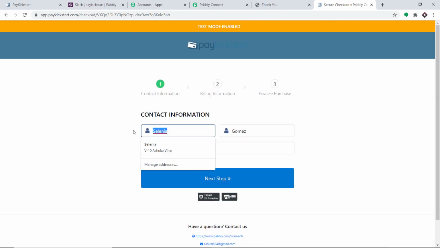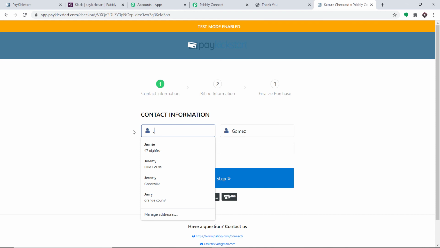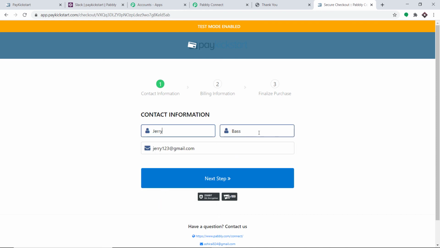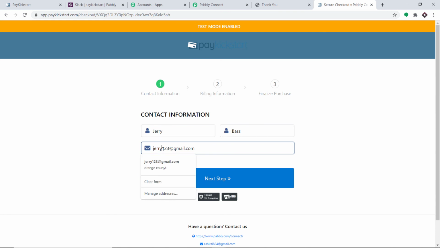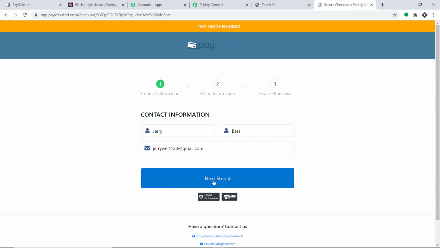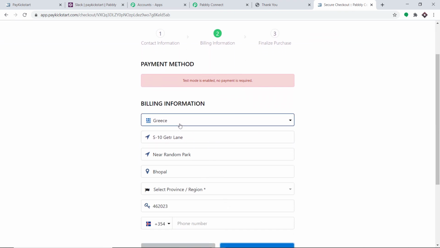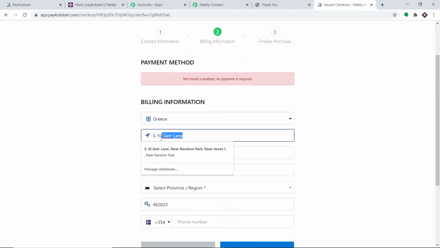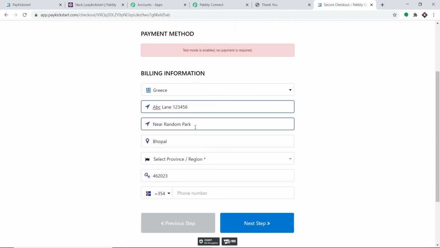So this time the name is, do we have anything for autofill? Okay, we have a guy called Jerry Bass. Okay, this is the email address of Jerry Bass. Click on next step. So Jerry Bass is from Greece. But we changed some of the address. ABC Lane, 123456 near Random Park.